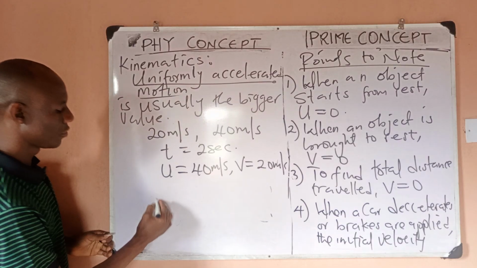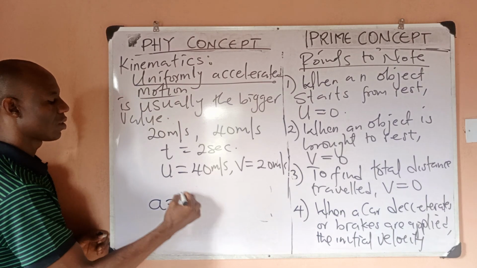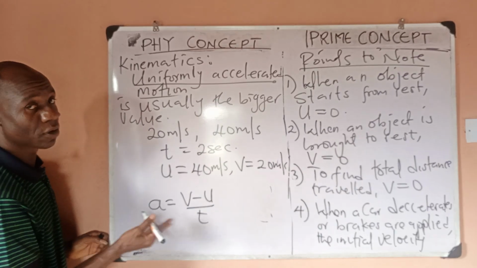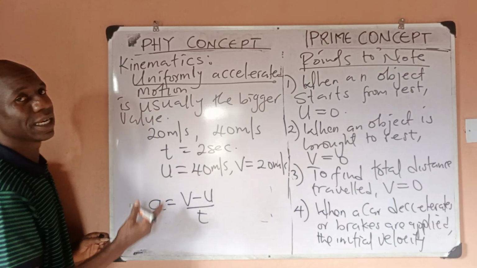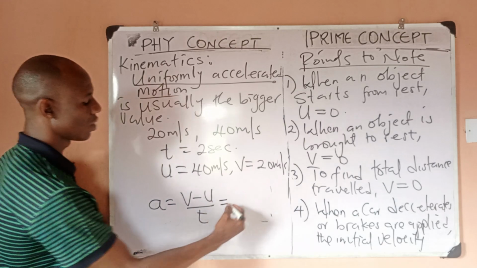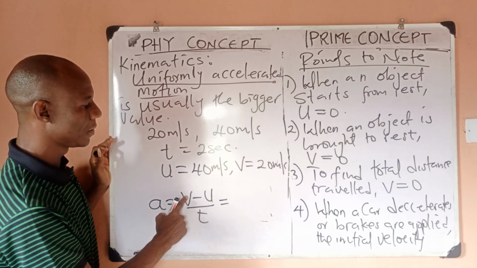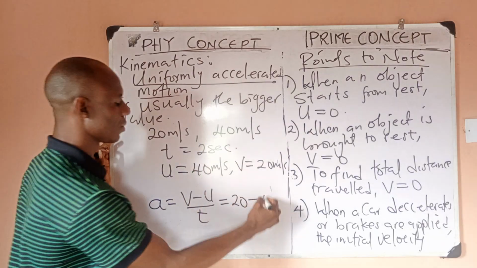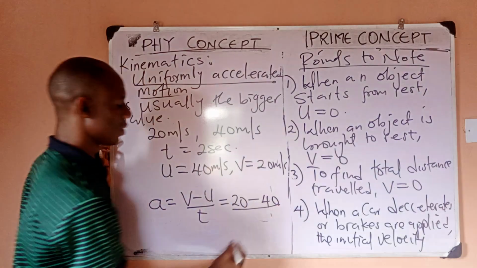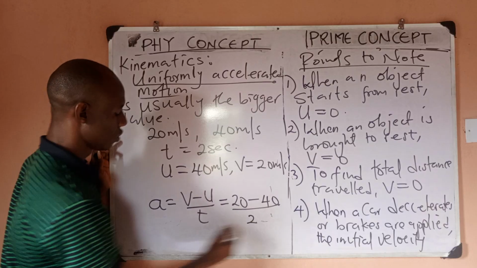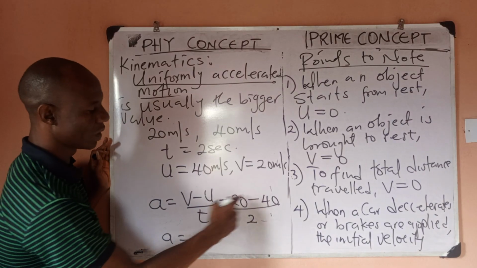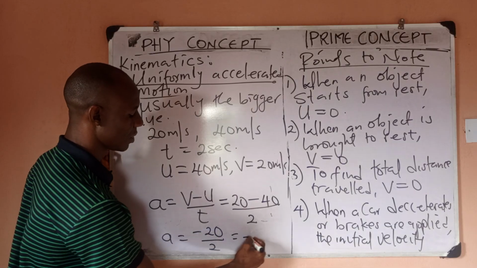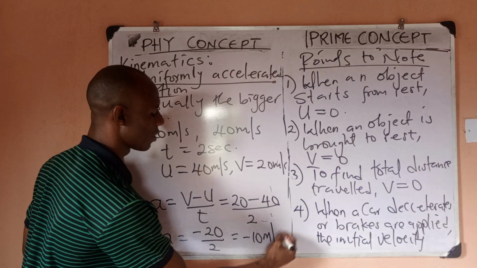So that when you solve using this formula, A is equal to V minus U by T, because this is the same formula you use for acceleration and deceleration, no different formula. So what do we have? I would have that V is 20 minus U, and what is my U? 40, which is divided by 2. So I would have that A becomes 20 minus 40 is minus 20 divided by 2. This becomes minus 10 meters per second